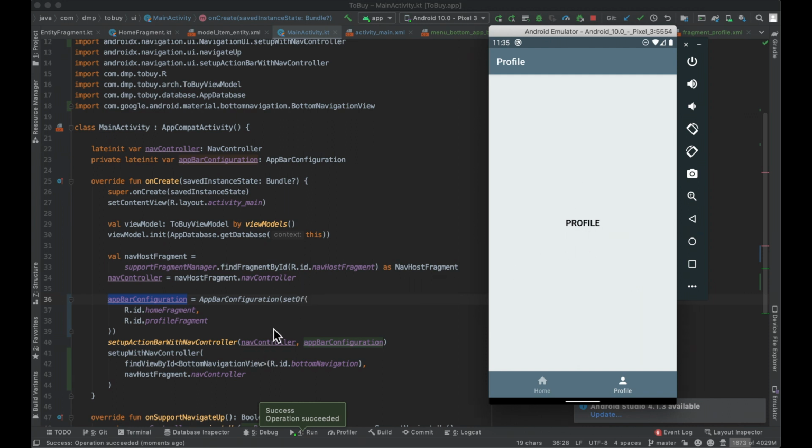So this was a brief introduction to how to handle the bottom navigation here and how to connect it with our Jetpack navigation components. This is a very much so production-worthy concept to understand,